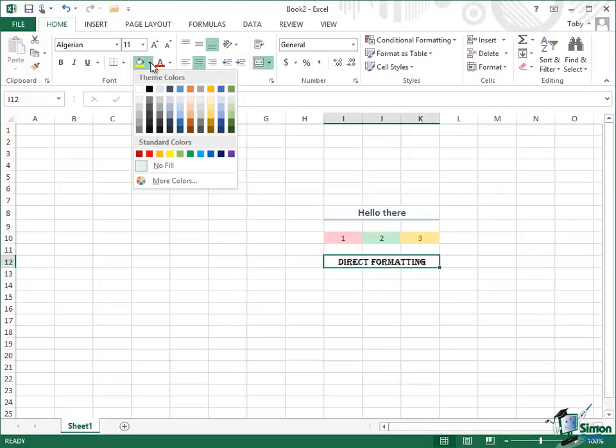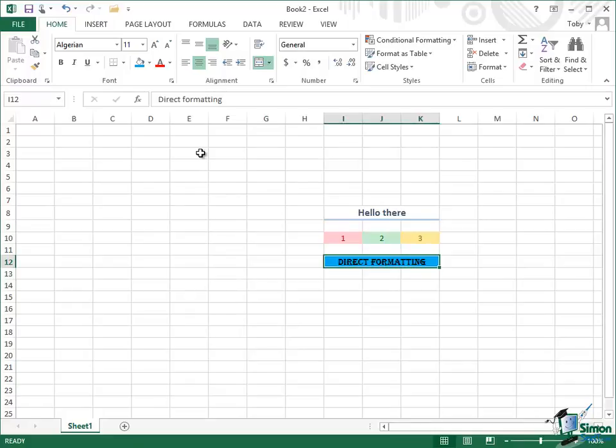This drop down is one we'll look at in detail later, but the most important thing here in terms of what we're doing at the moment is that the drop down is divided into two groups, theme colors and standard colors. Now theme colors are ones that change with the theme, so if I chose one of these colors to fill that in with, it would change with the theme. If I choose a standard color, it will be independent of the theme, so I'm just going to put in